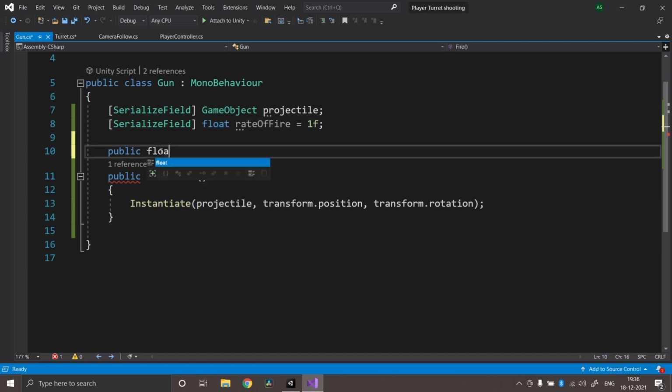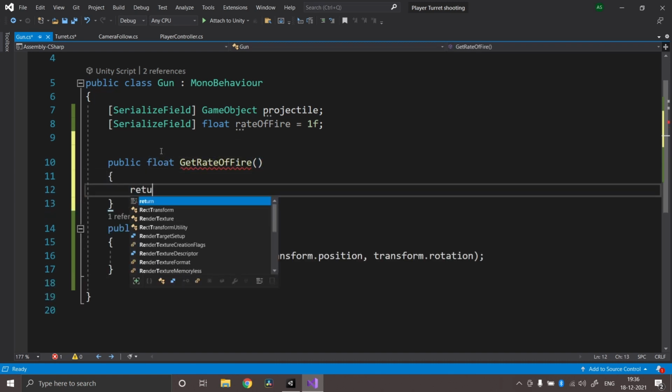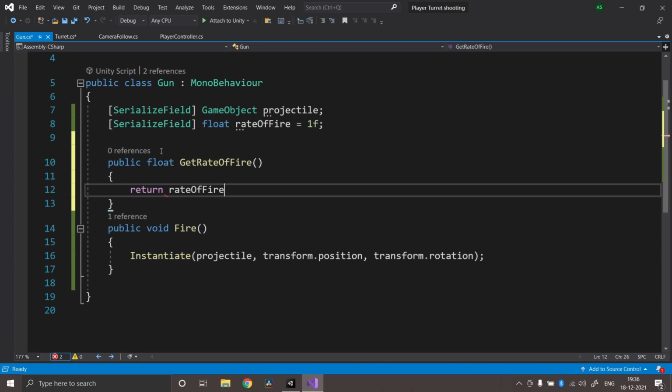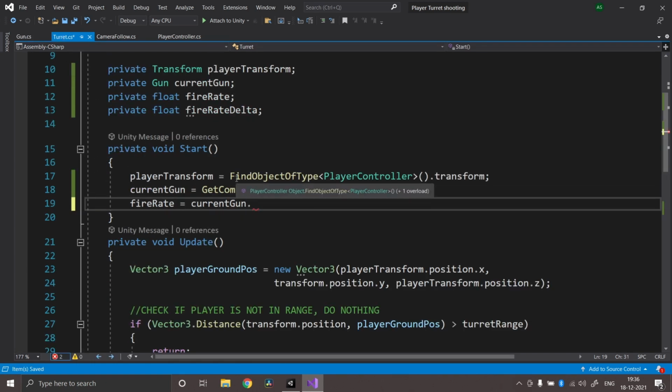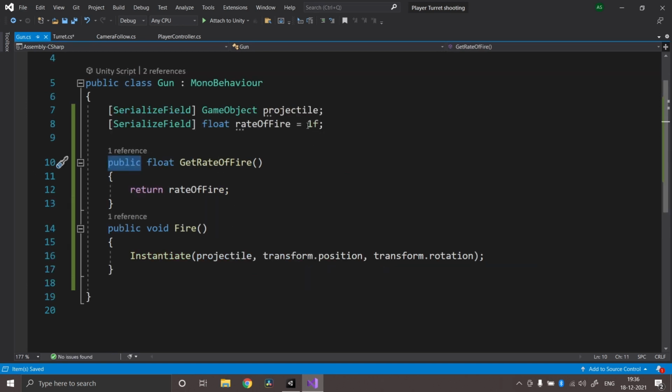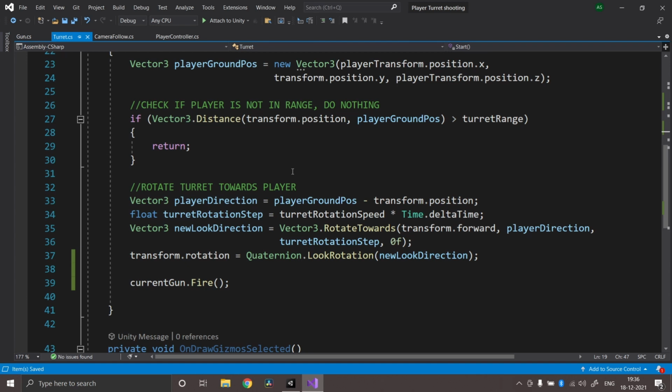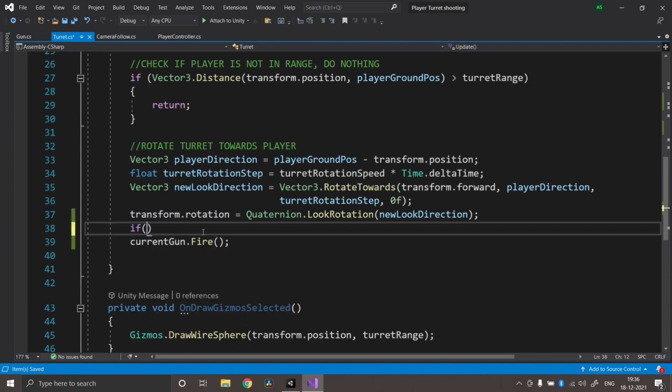So it's going to have the return type of float, and we'll call it GetRateOfFire, and inside it will just simply return rateOfFire. Since this is a public function, we'll be able to call it from the turret. So we'll set fireRate equals currentGun.GetRateOfFire. So this will have a value which is going to be default 1 in this case, and over here